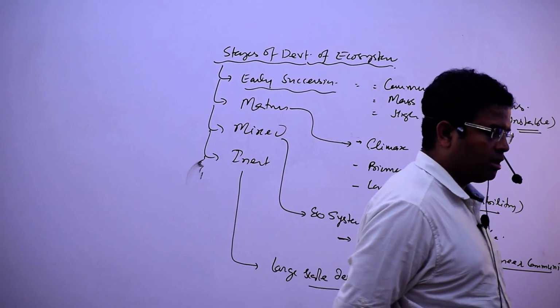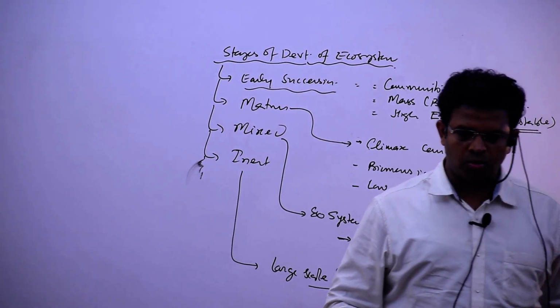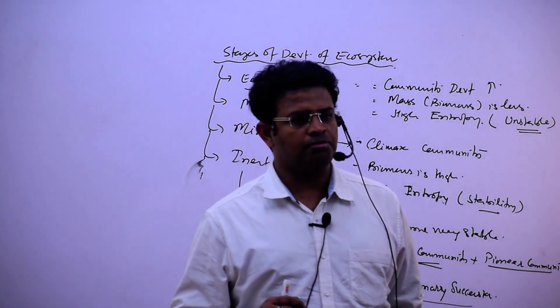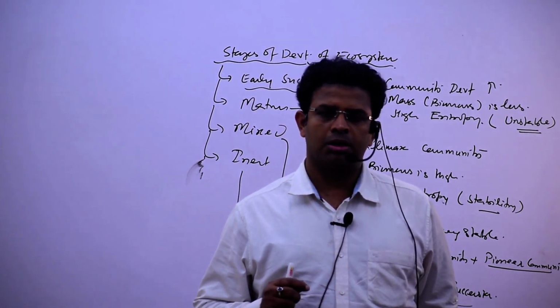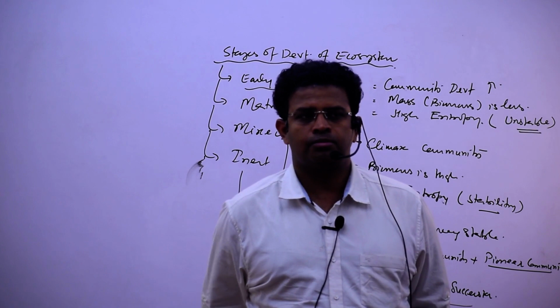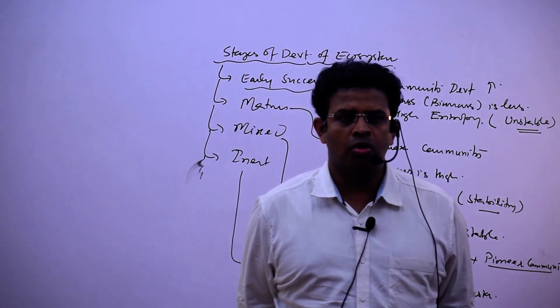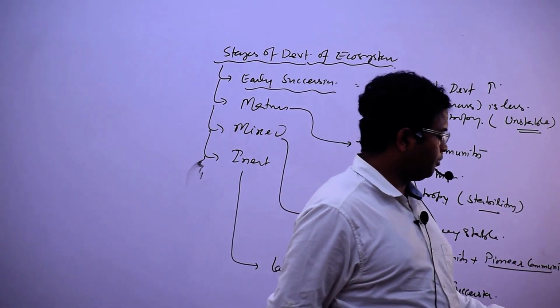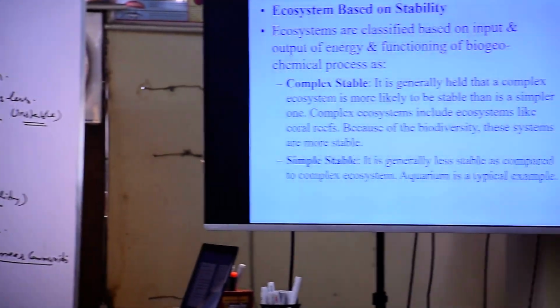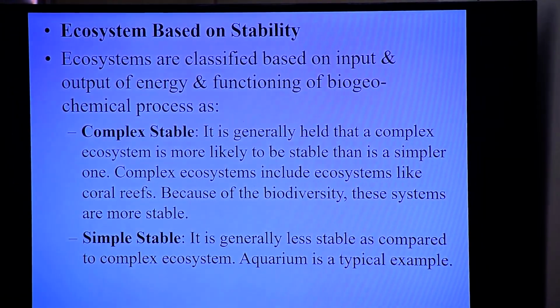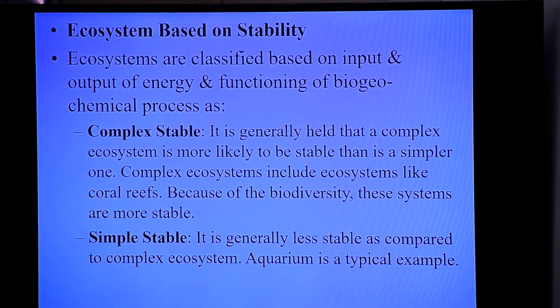Next one, now tell me which ecosystem is more stable, complex ecosystem or simple ecosystem? Complex ecosystem will be more stable. Let us see ecosystem based on stability. I said that ecosystems are